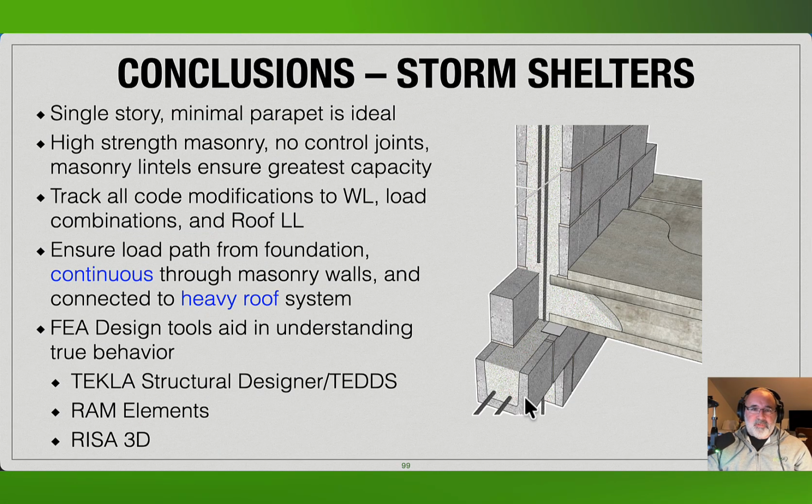So again, single story with a minimal parapet is going to be an ideal situation for a shelter because of some of the things that we talked about today. The high strength masonry, no control joints, and masonry lintels are really necessary to ensure the greatest capacity for our masonry storm shelters. We certainly want to track all the different code modifications for wind load, roof live load, and laydown loads on a structure,